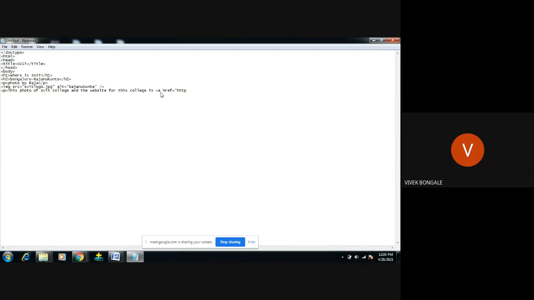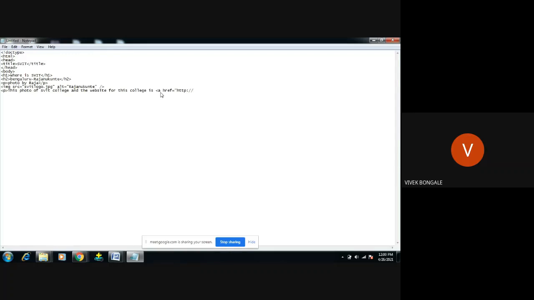So HTTP followed by a double forward slash. Why do we need the double forward slash? If you do not use this double forward slash in an HTML hyperlink, this is the Linux and Unix part, it's like a main directory. What it will do is check for that particular file in the current server, the present server. If it is there, then it will display that particular file. Otherwise, it will not display the file.